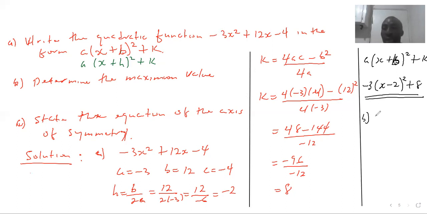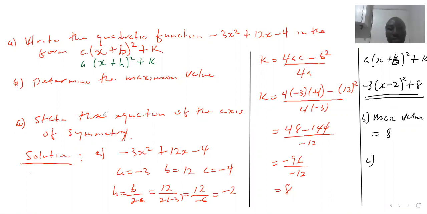So when I come here, I am going to find the minimum value here, right? My minimum value, no, sorry, it's a maximum. There should be the maximum. So my maximum value here is the same thing as the value of k, which is positive 8. Then C,